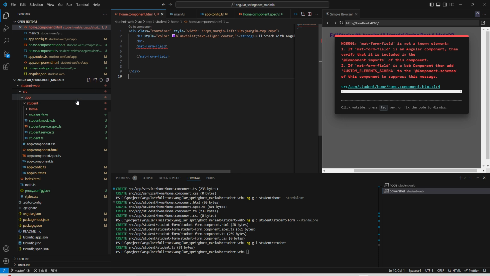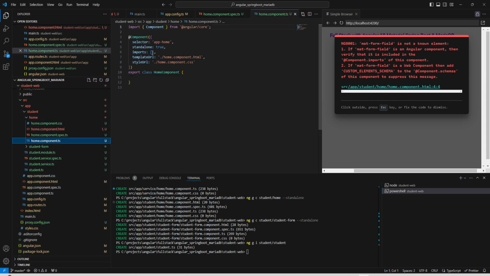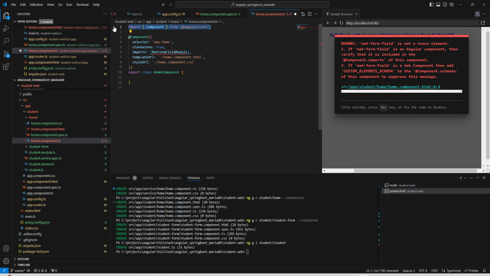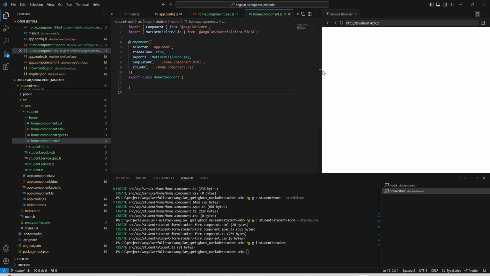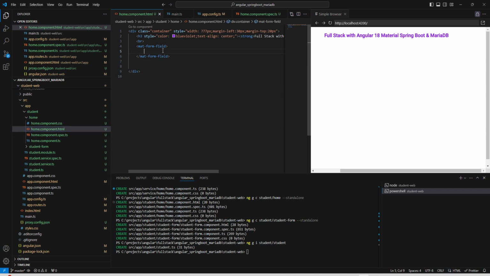Now to use this, we need to add it into our import ts file. Mat form field module. We need to add the import for this, and this should be from Angular material form field. You can save it. Fine. Now this is the mat form field,